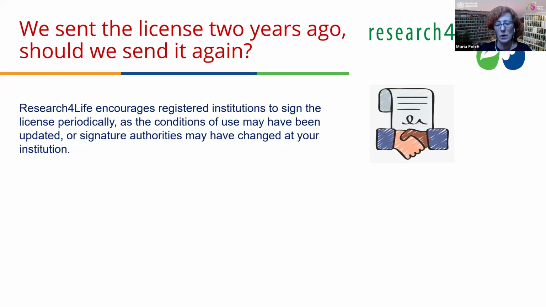Sometimes we need to contact an institution because sometimes we need to change passwords or we have important information to send and we discover that we don't have updated contacts. It's very important for us to have our list of contacts updated. And it's very important also that the new authorities in your institution, the librarian and the director, read the license and know what is the good way of using Research4Life, and sign it and send it back to us, and